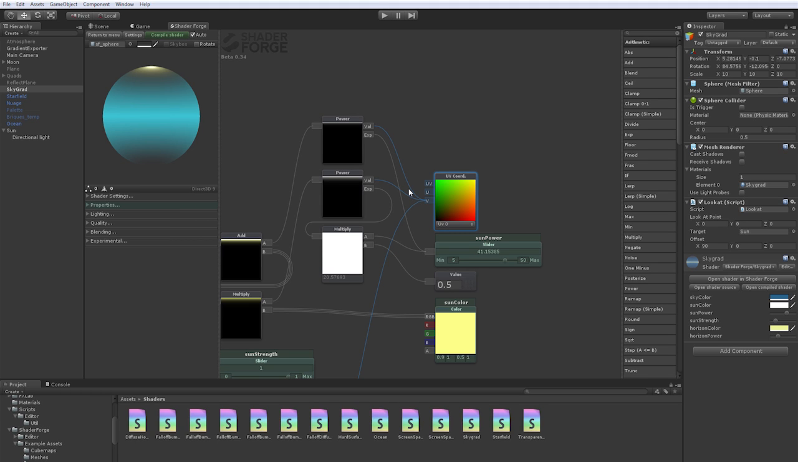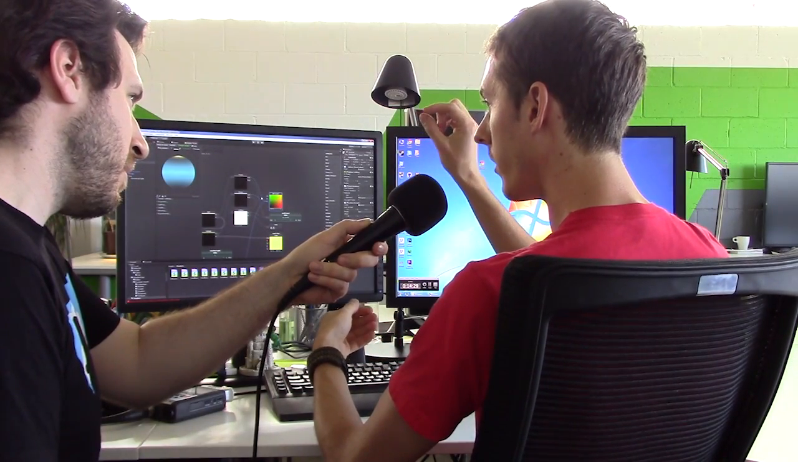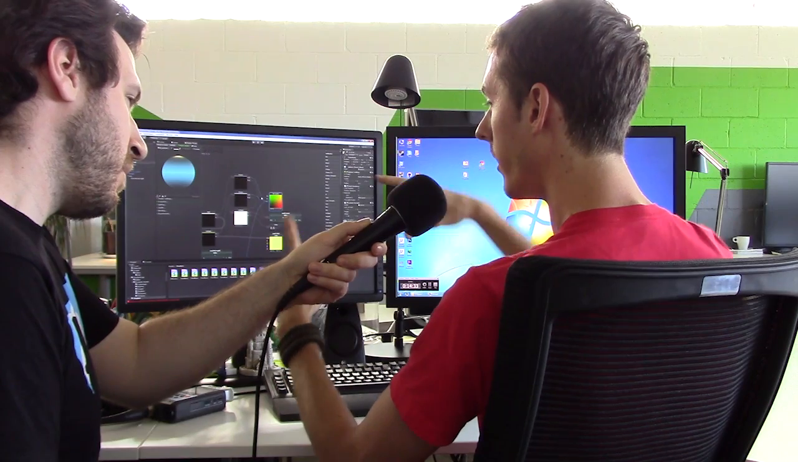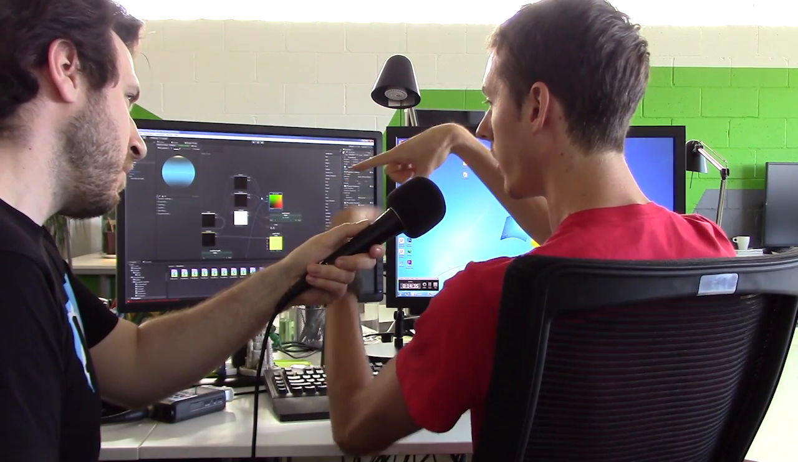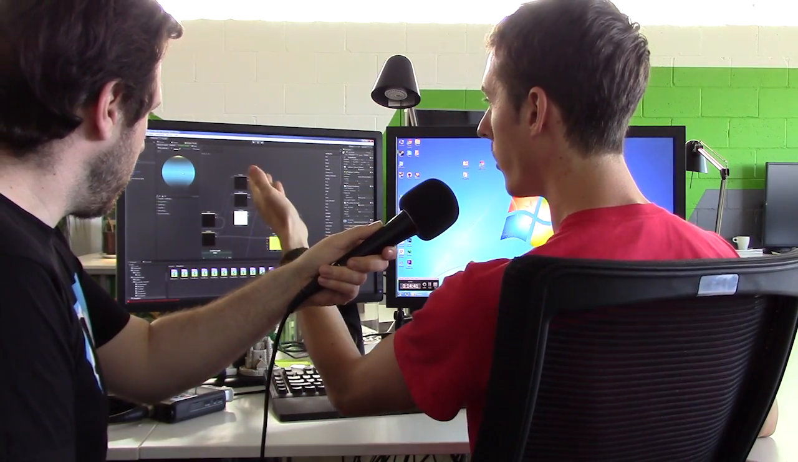UV coordinates, so for a mesh, there's X, Y, and Z coordinates. This is, for every point of the geometry, what their position is in the world. UV coordinates are for every vertex of the mesh, where they are in the texture. So they look up. That's how you texture objects. I use the UV coordinates to determine where